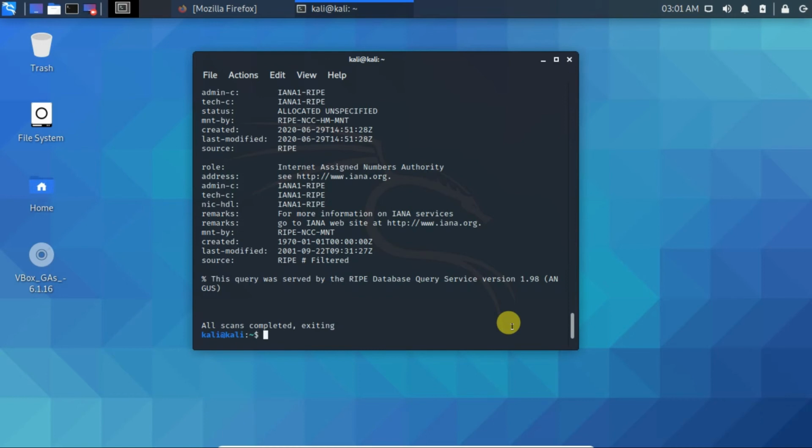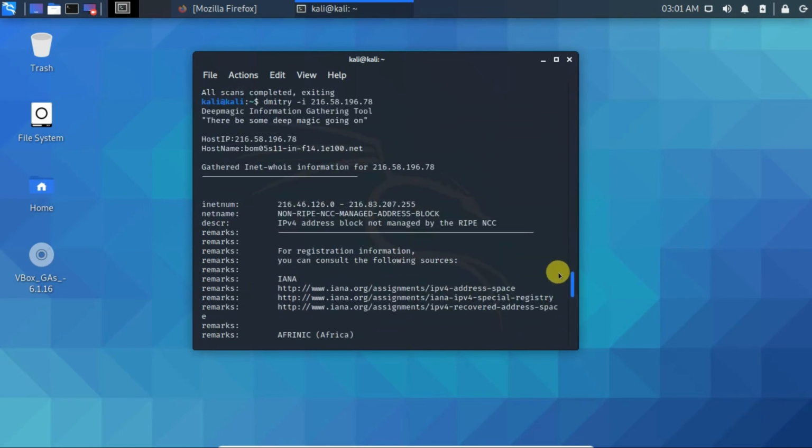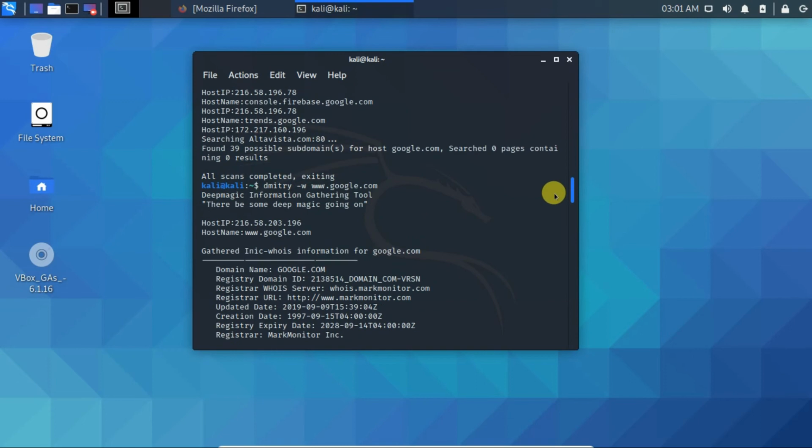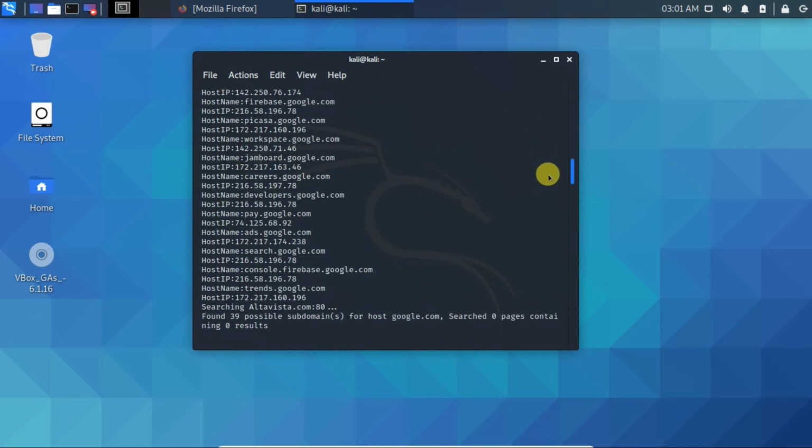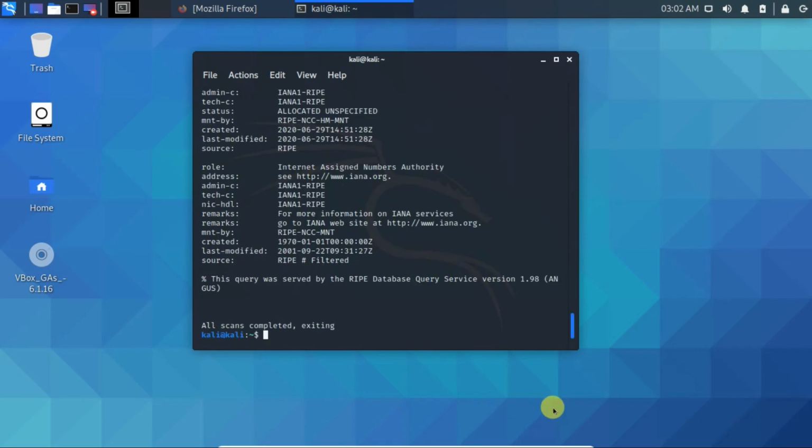Wow, we found some information, but we don't know what we found out. Now we got to know that this particular IP address... I forgot which IP address it is. It's 216, yeah, it's developers.google.com.